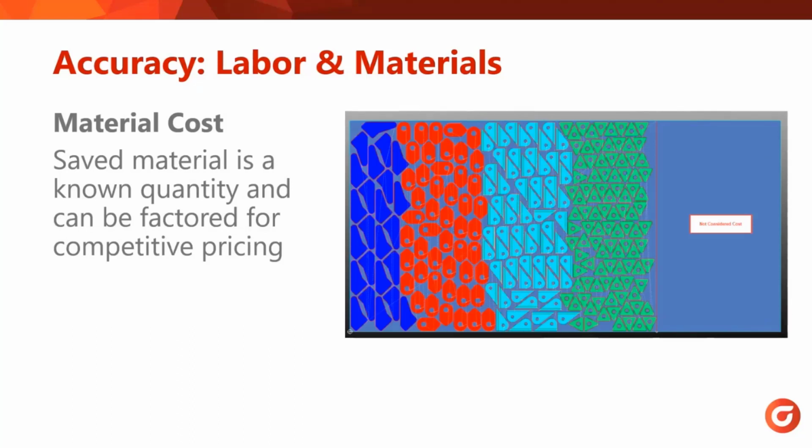The last point I'll make on material and labor accuracy is about scrap and remnant. So SigmaQUOTE can help further automate the process by knowing which material to count as scrap and which to not count as scrap. Because we use the default settings and everything that's already pre-configured in SigmaNEST, the same settings that you'll use for production, if you have automated crop lines and automatic remnant creation activated in SigmaNEST, then you'll have